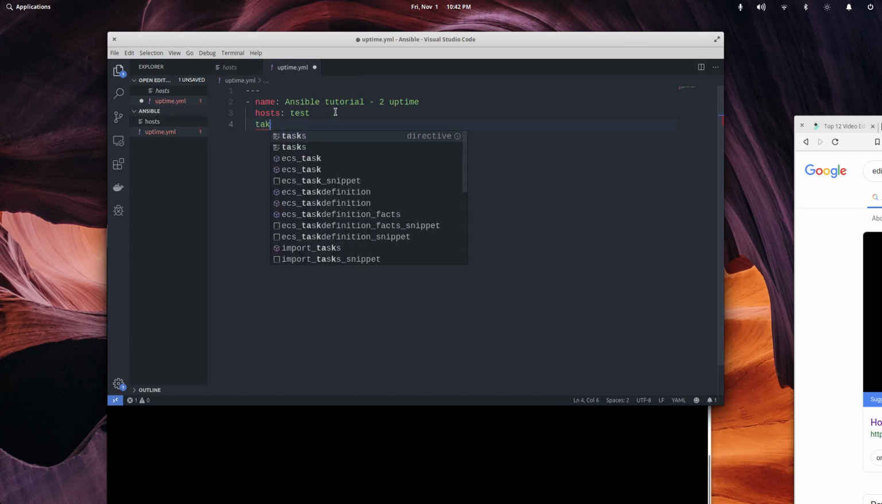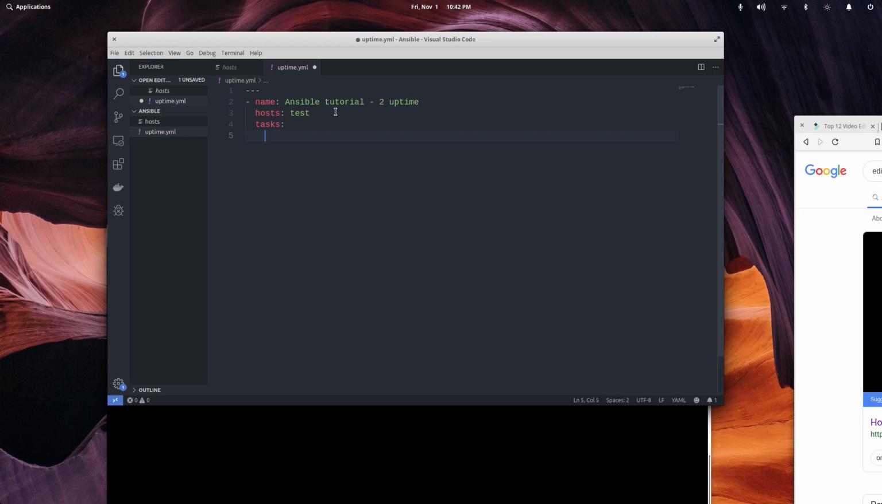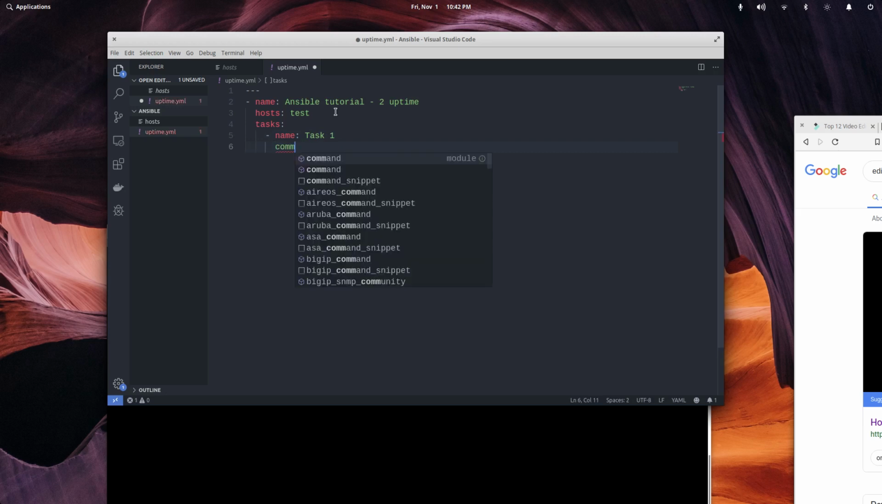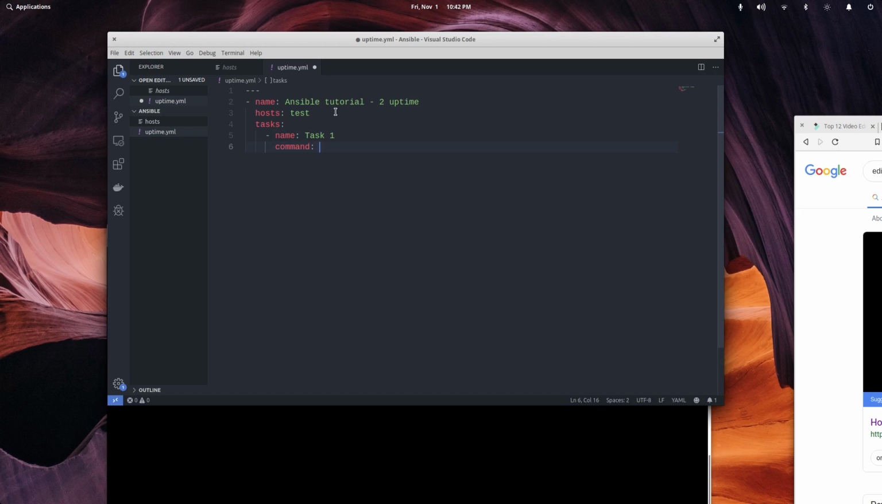Then I'm going to say the task that I want to run, dash, and I'm going to call this task 1. And we'll line it up. I'm going to be using the command module, and that's how Ansible executes different things like updating user attributes, updating software. You want to use what they call a module, and they're all documented